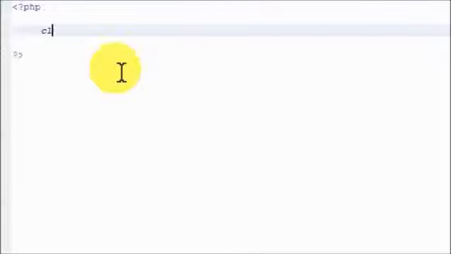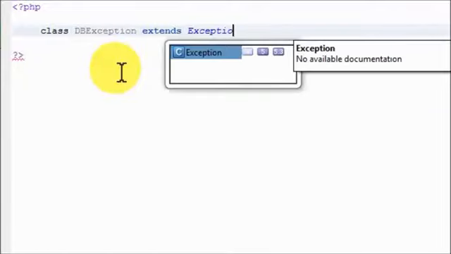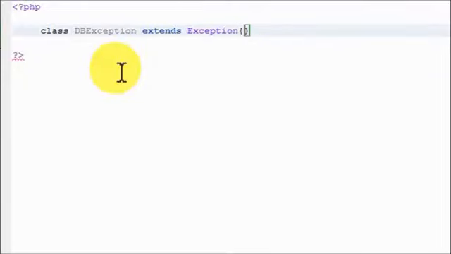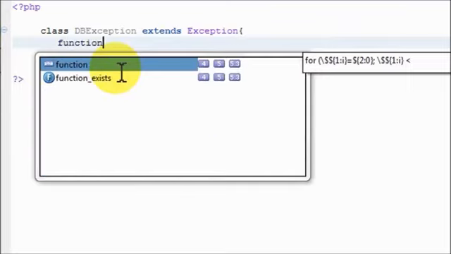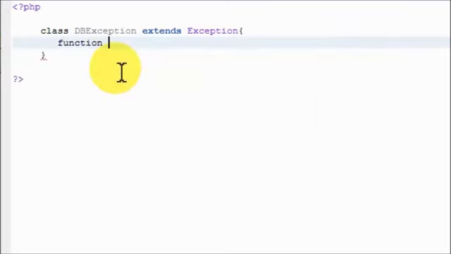So what I'll do is create a class called DB exception. You can name it anything you want, but I put exception at the end of all of mine because this way I know what this class is about. And then I say extends the exception class that PHP has, and then I can just move forward. I don't have to define anything in here, but if I want to, I can go ahead and say function so and so. Okay, I can say function send email,